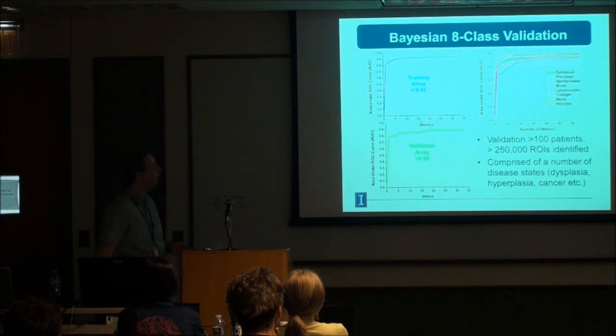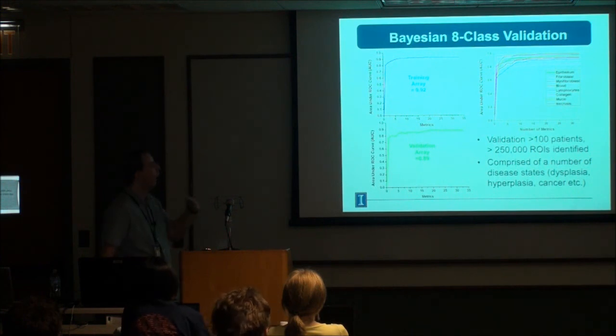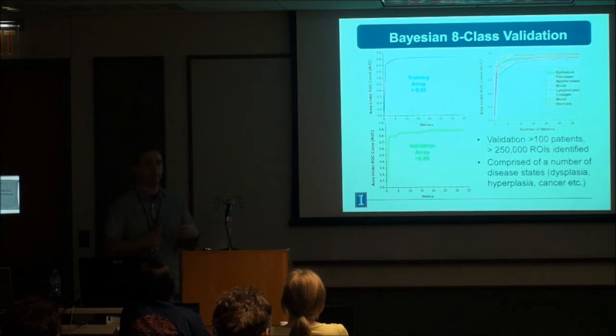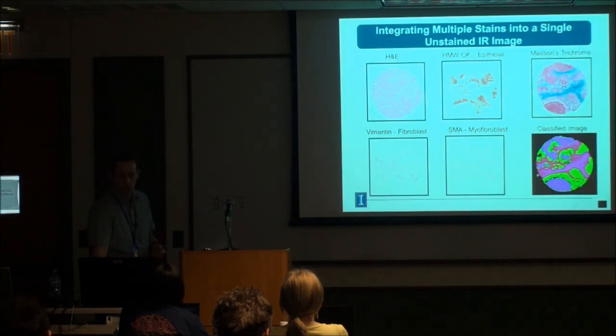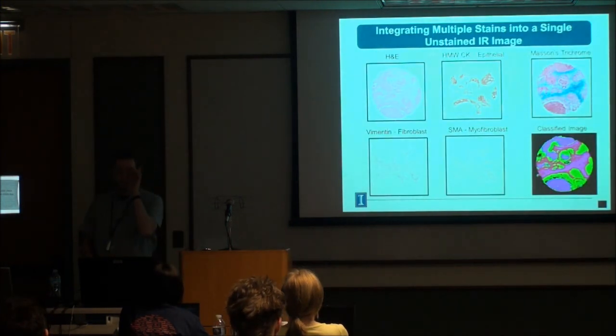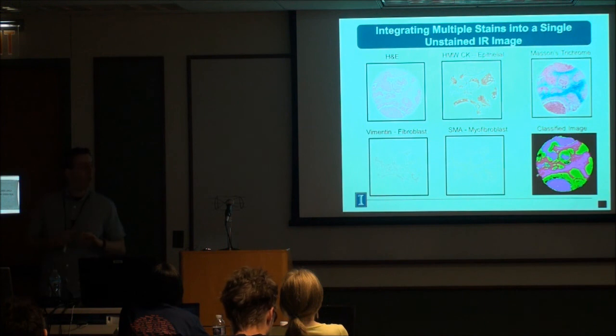You can run this on a validation array, and again, we get a very high AUC of 0.89. It's comprised of multiple cell types and multiple disease states as well. It's not just normal. So it's pretty robust even to things like cancer development, epithelial heterogeneity, and such. Okay, so essentially the take-home message from this is that we're